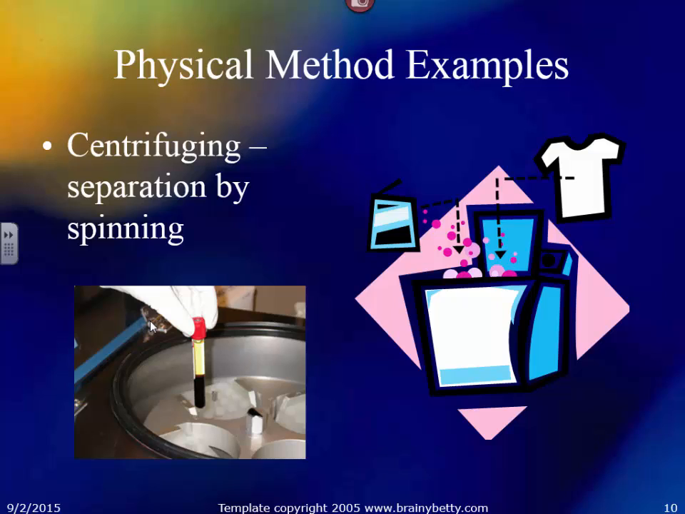Okay, last one. Centrifuging is separation by spinning. There are two examples of this up there. Can you tell what they are from the pictures? A washing machine. It separates the water from your clothes by spinning, the spin cycle. What's the other one? Blood. It can separate the red part from the white part, so that's how they separate plasma. Plasma is the white part. By putting it